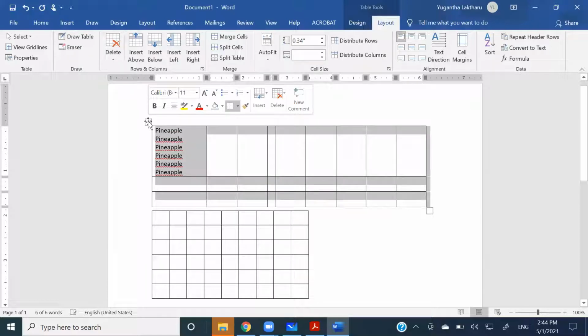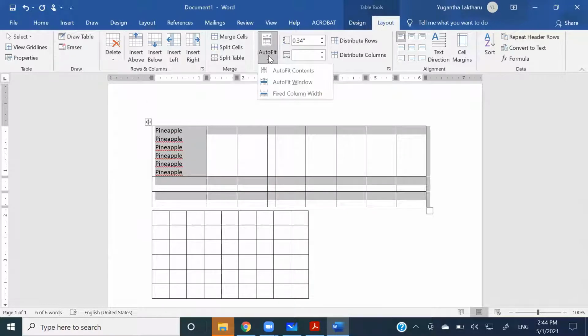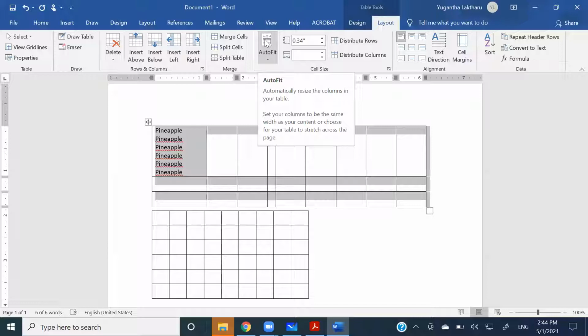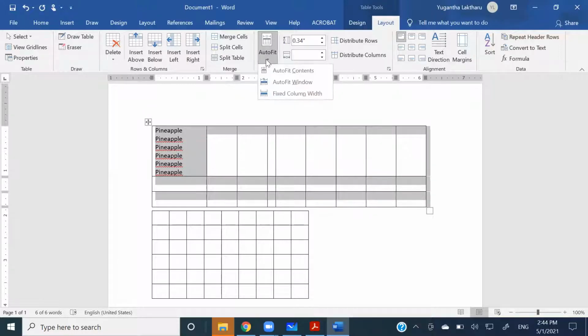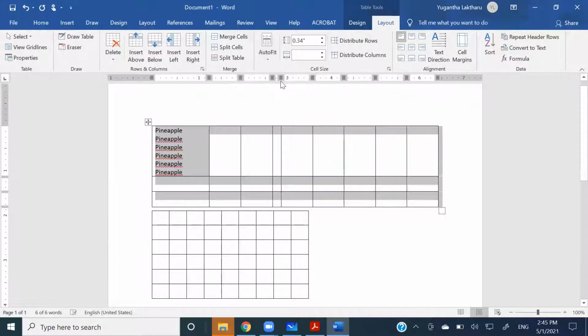Now, if we select the table and change this particular thing, this is called the auto fit facility. Under the auto fit, there are auto fit to content, auto fit to window, and fixed column width. I think you remember these options were there when we were creating a table through that small window, right? Here, they have selected the option called auto fit to content. That is why this star mark is here at the icon. So if I say auto fit to content,